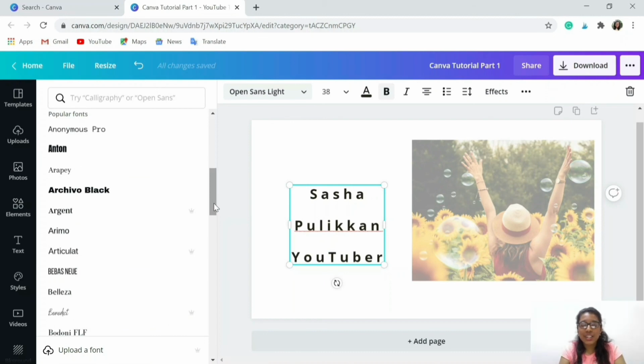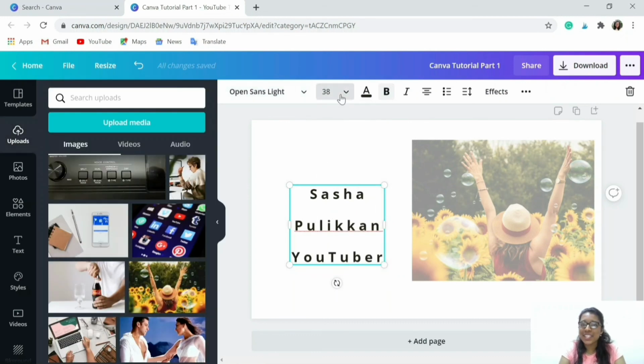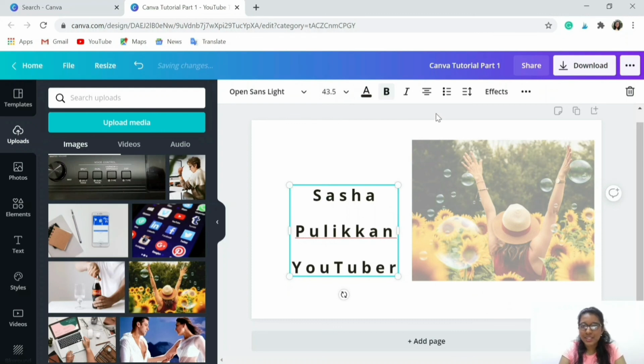If using Canva on a regular basis, I would recommend saving the font styles or writing it down somewhere so that you don't have to waste time searching for it. It is a little difficult to remember the name of all the font styles. So if you like a particular font style and if you want to use it in future, just make a note of it either in your Excel sheet, in your notes, or in your diary. Next is the font size. The font size, you can simply set it the way you want. You can also resize the text and the font size automatically increases.